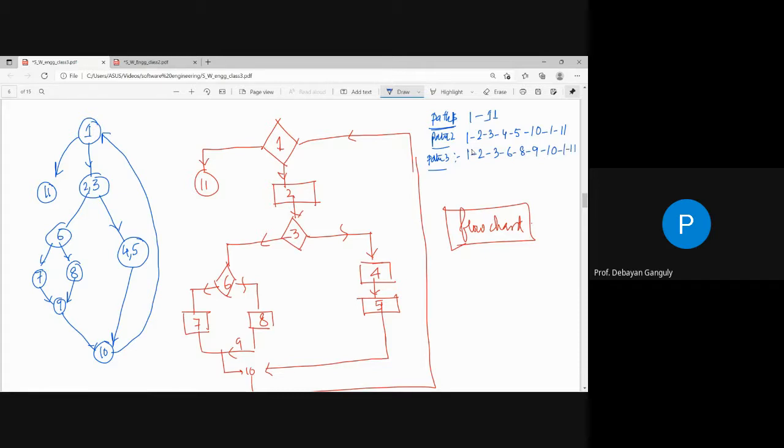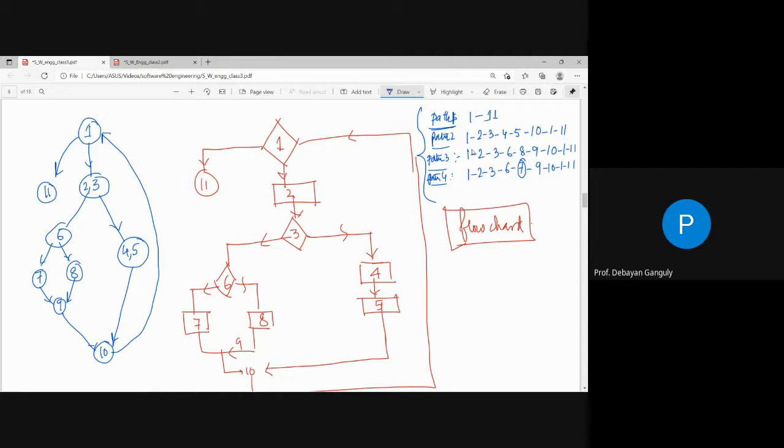Also that path is different from path 2 because I am including an extra node, right? 6, 8, 9 is not included in the previous path, so that is also an independent path. Say path 4: 1, 2, 3, 6, 7, 9, 10, 1, 11. In that path I am including an extra node which is not included in any other independent path. So you can say there are 4 independent paths, because now if you draw any